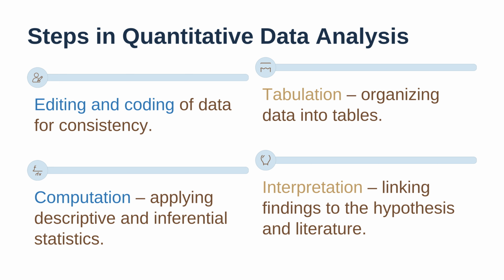The steps in quantitative data analysis start with editing and coding of data for consistency. We need to check responses for consistency and assign numerical codes to categories. Next is tabulation. Organize data into tables for easier review. And computation, which is applying appropriate statistical tools, followed by interpretation. This is linking findings back to